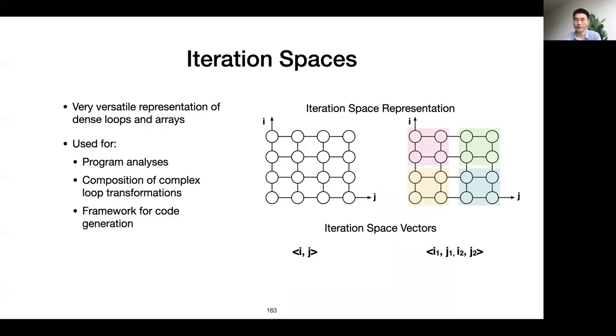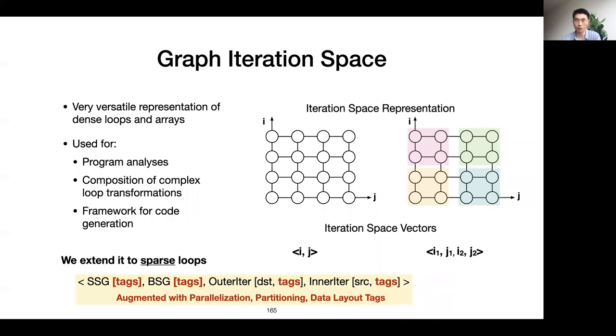So we're inspired by the iteration space idea used in the dense traversal, where you can use a vector to represent nested levels of for loops. And so here you can use a vector ij to basically represent a two-level nested for loop. Okay. And we're inspired by this idea, and we want to extend this representation to support sparse loops. And to do that, we introduced this idea of graph iteration space, where we extend each dimension in the iteration space vector with tags that can be used to specify the parallelization, partitioning, data layout, and direction of traversal on